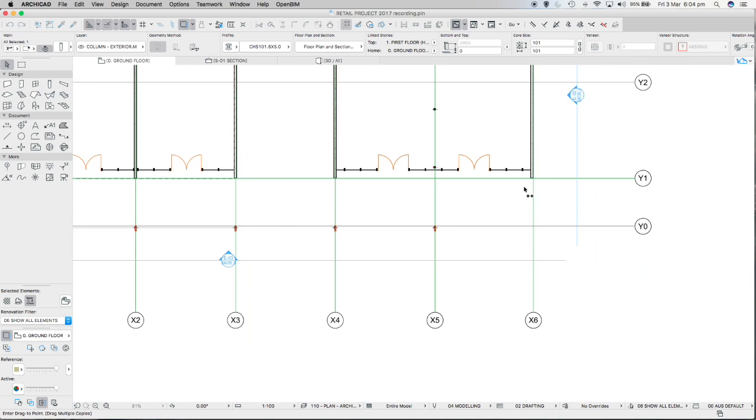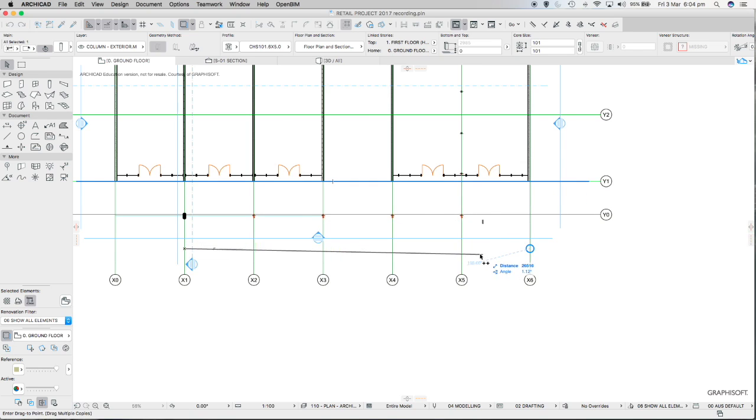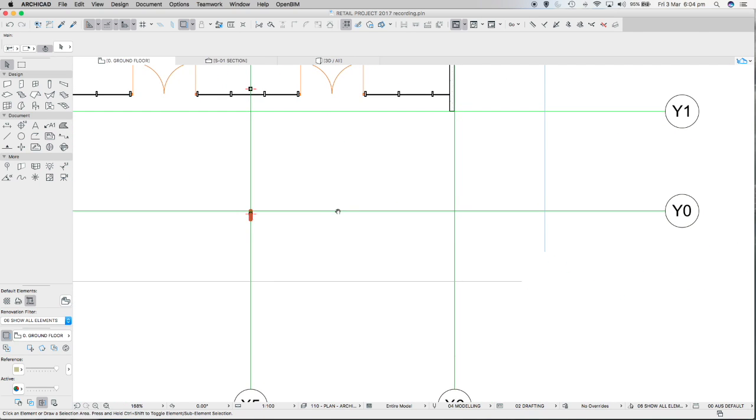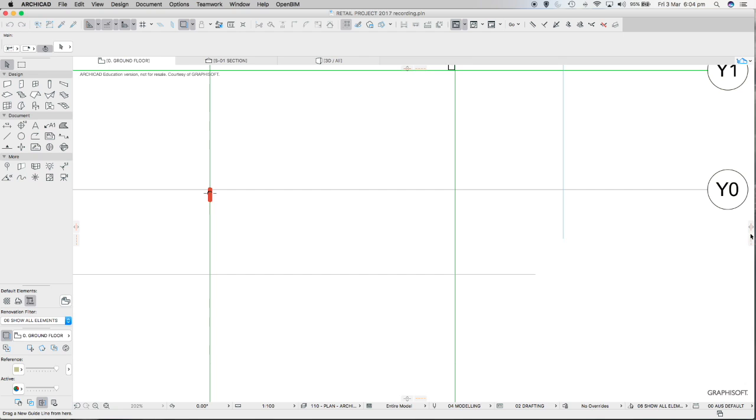Okay, I don't seem to be getting a midpoint there, so I'll escape at that point, and then I'll have a guideline in or something like that. So we'll put a guideline in, see if we can find the midpoint